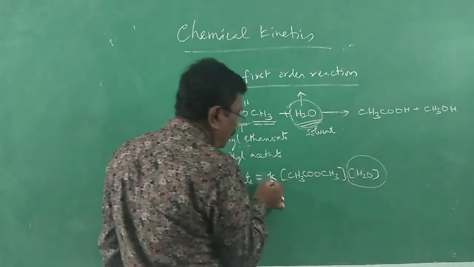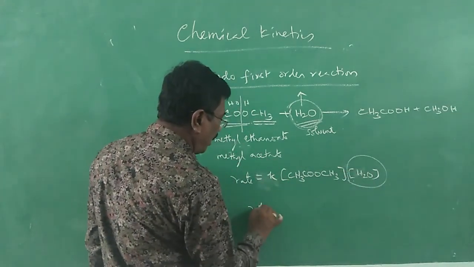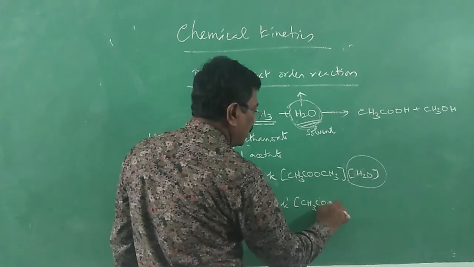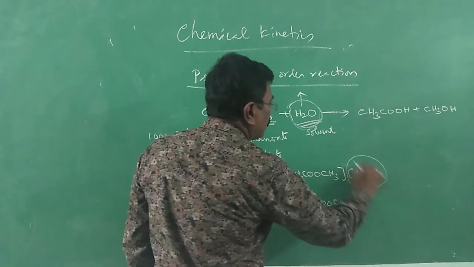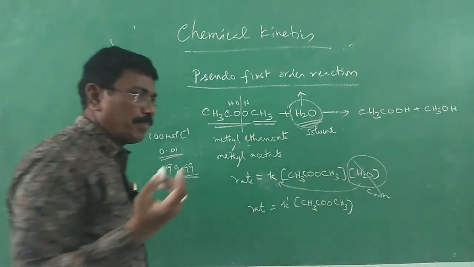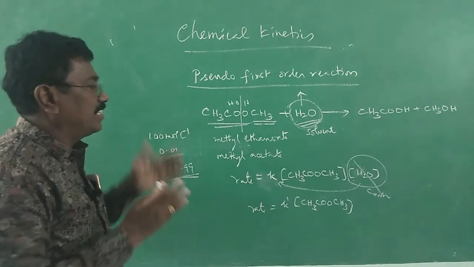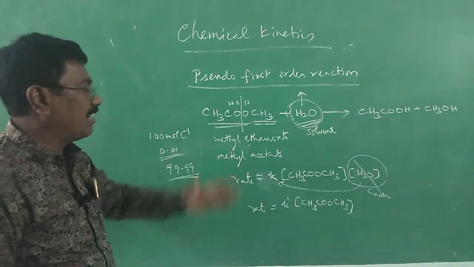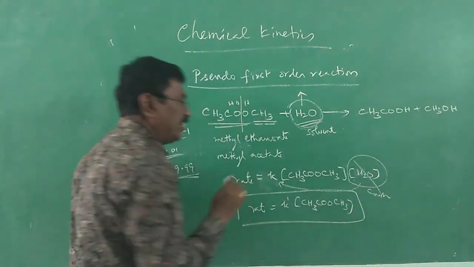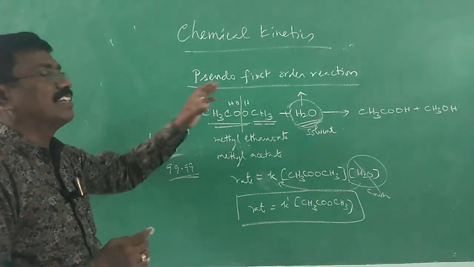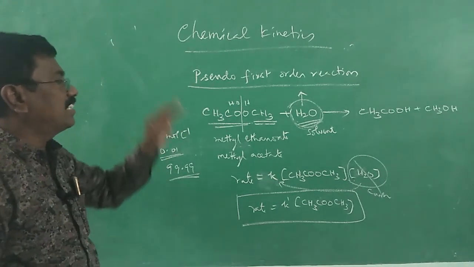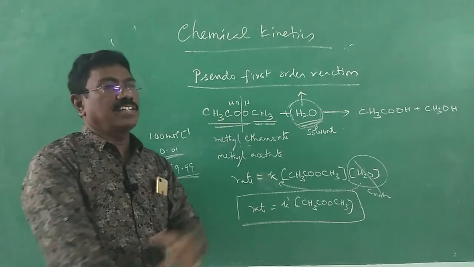This constant is coupled with the other constant, and we get the new rate law. Rate is equal to K dash into the concentration of CH3COOCH3. Why do we write like this? Because the water concentration becomes a constant, so that constant is coupled here. That's all. When we have a larger concentration of water, the concentration of water practically remains constant, and therefore rate is equal to the rate constant times the smaller concentration of methyl acetate. It becomes a first order reaction. Now the rate depends only on the concentration of methyl acetate. Such reactions are said to be pseudo first order reactions.